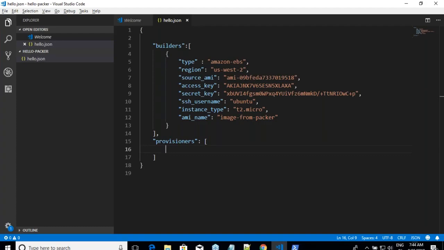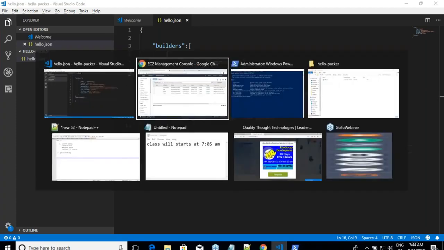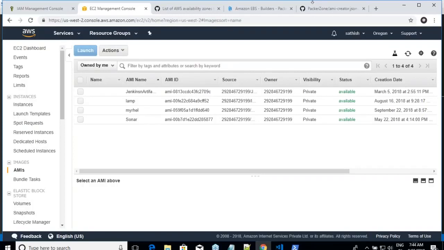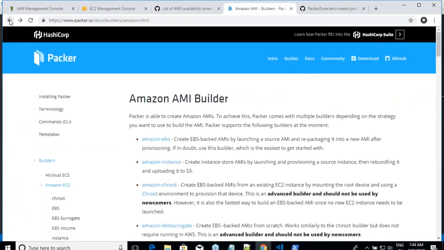So let me go to the provisioning section. Provisioning section over here. Okay, where is provisioners? And in provisioners, what am I interested in? I'm interested in shell.